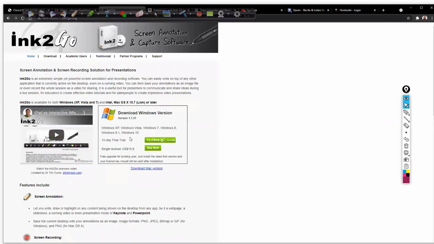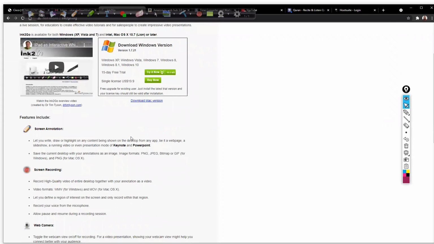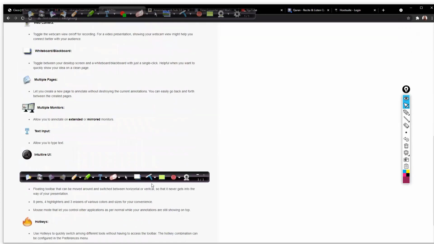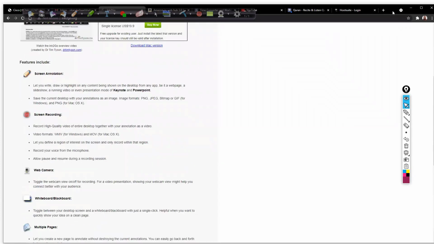This will not cost you much. I think it's a one-time purchase. You spend around 1,200, somewhere around that, and it's a lifetime access for you. Roughly, I think you can see 19 USD now. It means approximately 1,500. So there are some options. The other option you can use is Epic Pen.